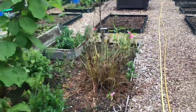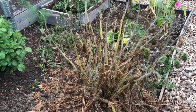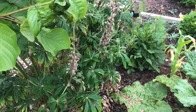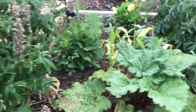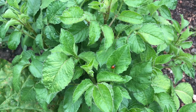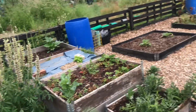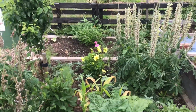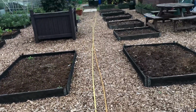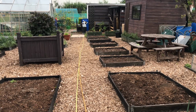The lupin, fantastic lupin right at the beginning of the season that I showed you, has been decimated by blackfly. Totally has, and it's jumped straight on to the next one. But I'm hoping we get a few more of those guys in to help deal with the problem next year. A couple more dahlias out over there. Done nothing with these beds just yet. I'm going to get some beetroot and do a little bit of sowing of other stuff,